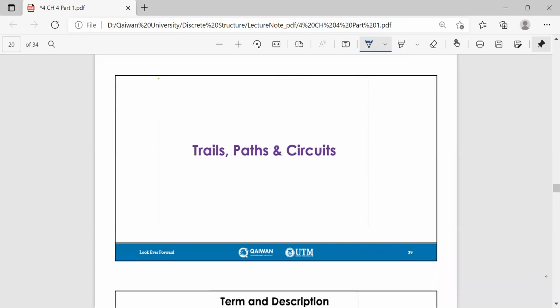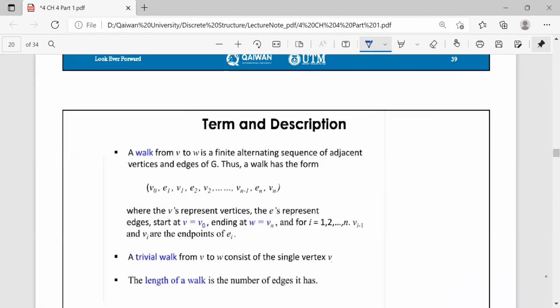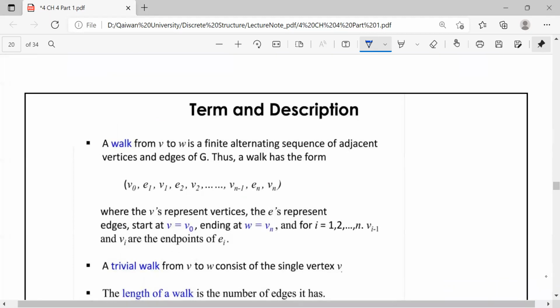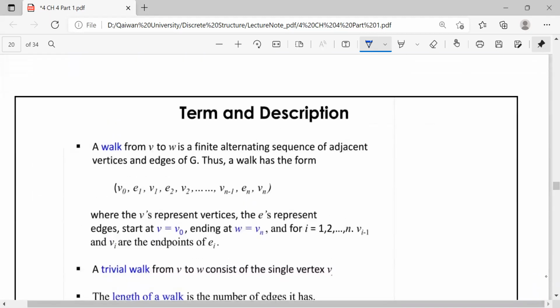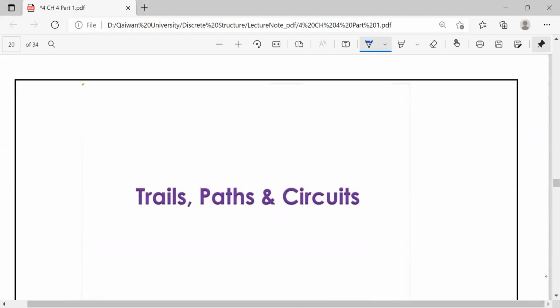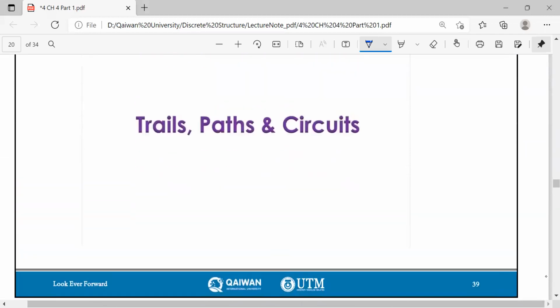Now you have trails, paths, and circuits. We have some definitions. First, a walk from V to W is a finite alternating sequence of adjacent vertices and edges of G. That means, let's say, if you have a graph,